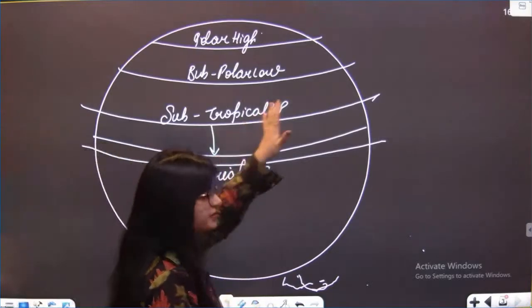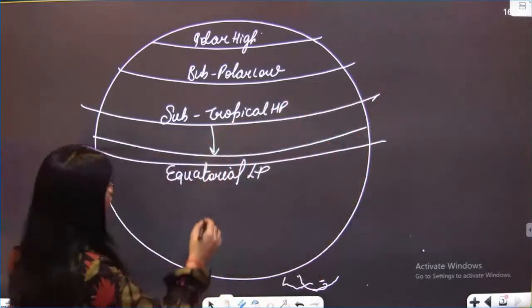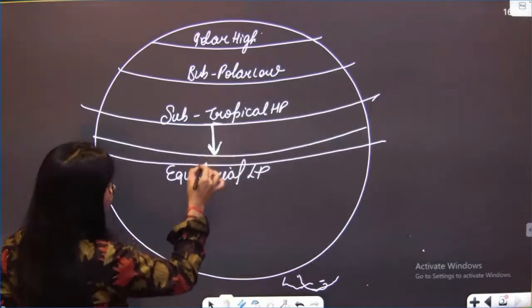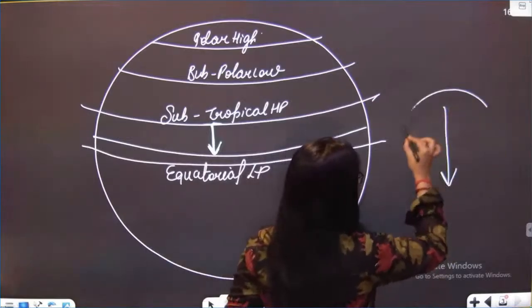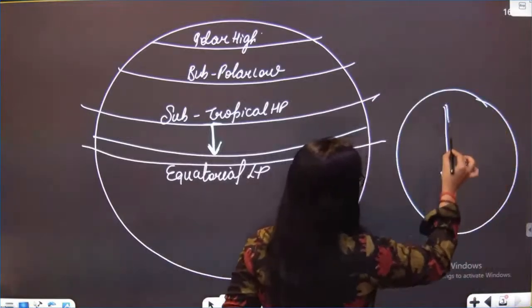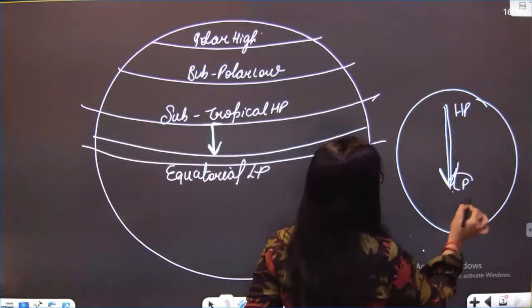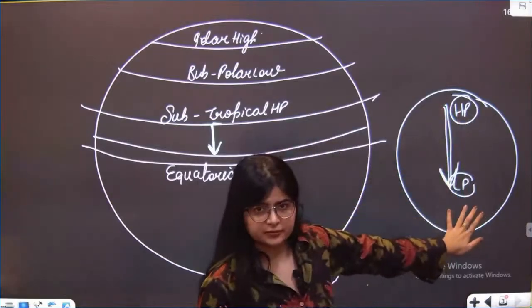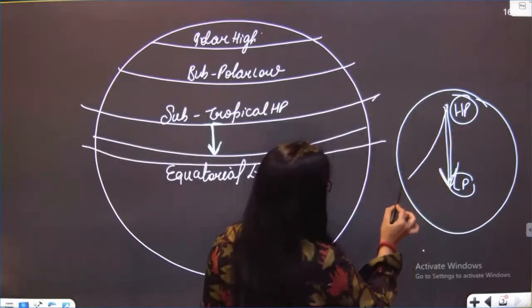In the northern hemisphere, it will blow from high to low. So when it is blowing from here, what will happen? The direction of the wind is not going to be like this. Please see it here, I'm zooming it at this place. The wind direction is like this, from high pressure to low pressure. It is not going to be like this. Why? It will be deflected towards